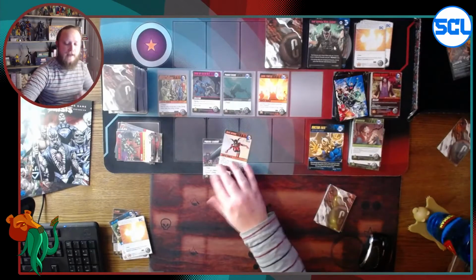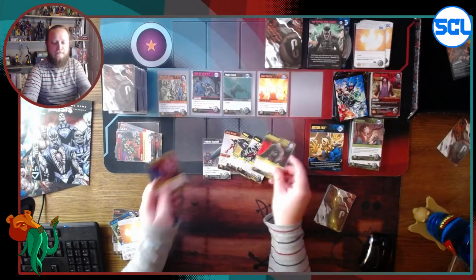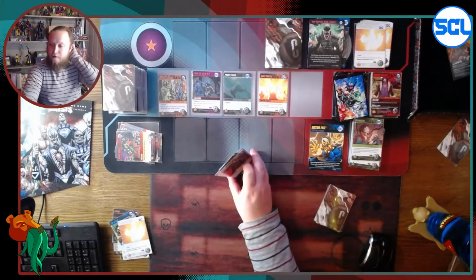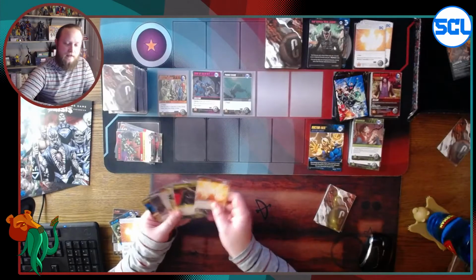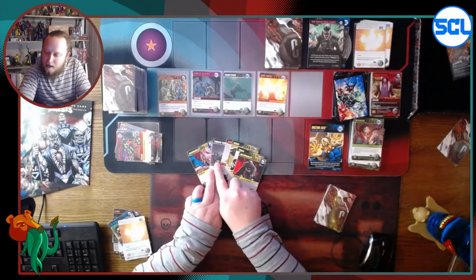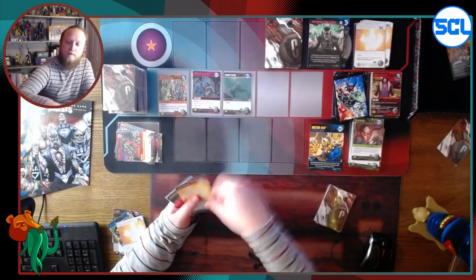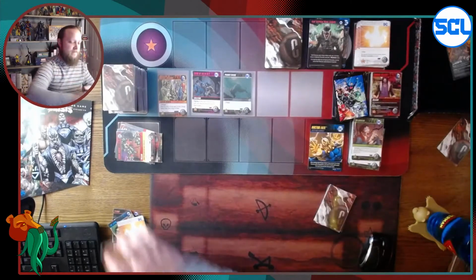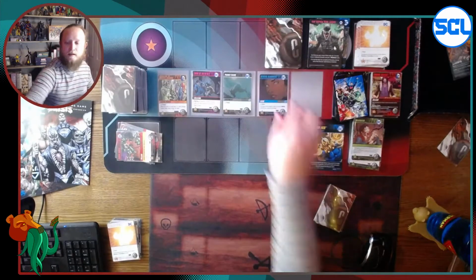So that's 4, 5, 6, 7, 8 power. 8 is not enough to get rid of Vandal Savage, but it is enough to get Ankh Portal. Oh, wait. Alright, 8 power. We did play... Oh, it's Heroes. Never mind. Sorry. 8 power. We will go ahead and get Ankh Portal and a Breakthrough. We are filling that deck of Breakthroughs, which is what I want to see, so that we